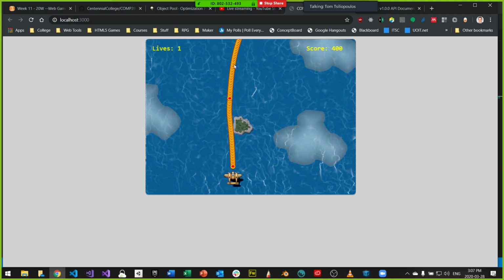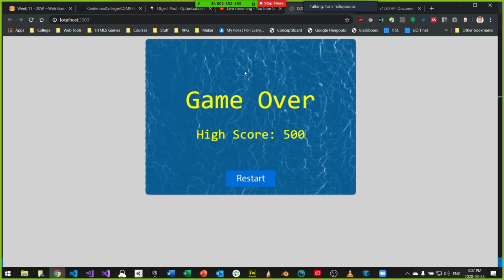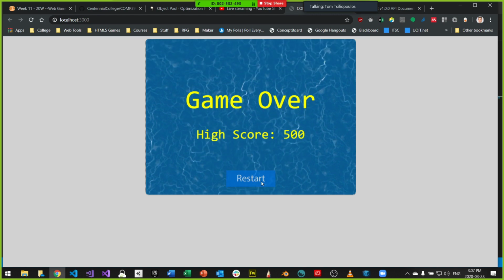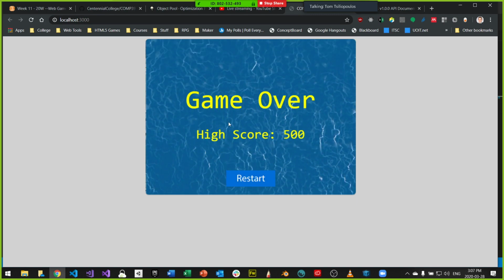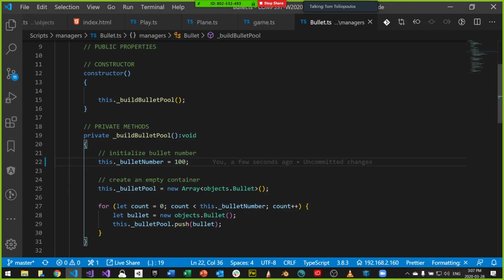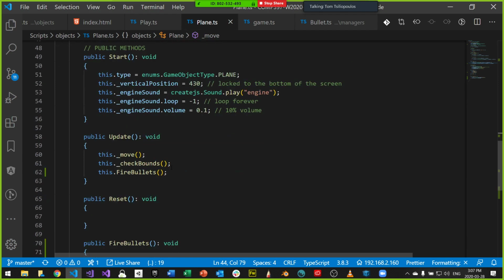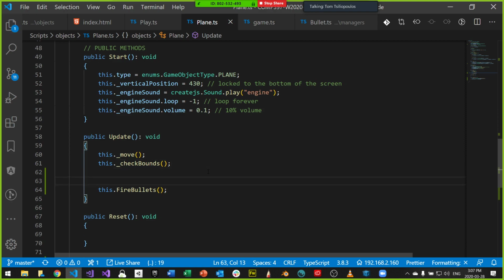All right. So we know that the Bullet Manager is working. You see that one bullet that's moving up? That's because it's the one bullet that goes back into the pool every single time. Okay, so that's kind of how it works. But what we want is for the plane not to fire bullets so often, but once every, let's say, 10 frames. Okay, so the way to do that is to use the ticker function.